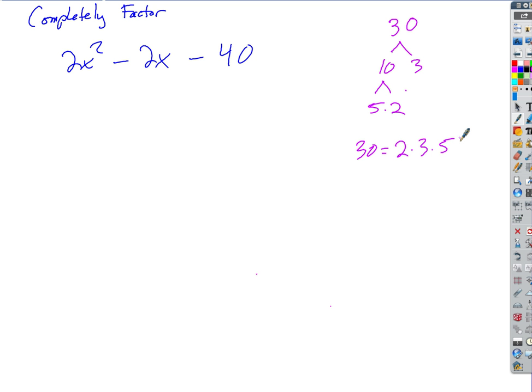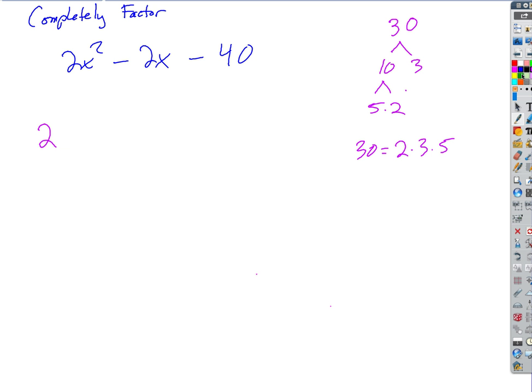What do you think? Okay, we're going to get to that, but there's always something we want to try to do that's easy first. Okay, good. So notice that all of these terms are divisible by 2. Do you see that? So we can undistribute a 2. So we're always going to look for a greatest common factor. So if we undistribute a 2,